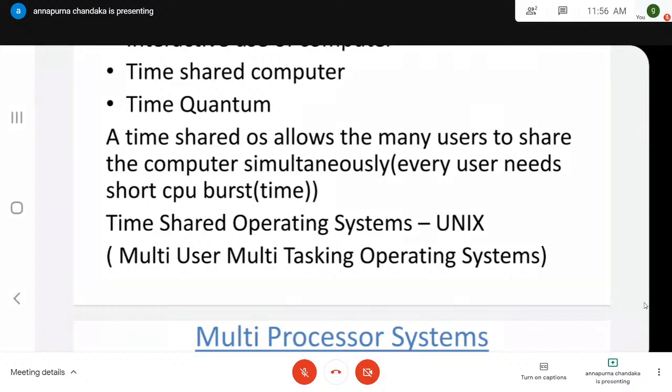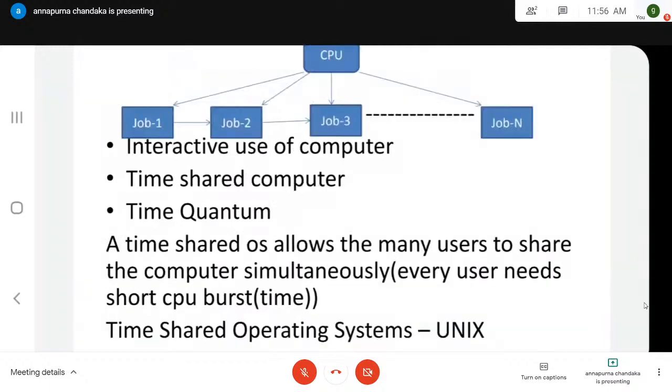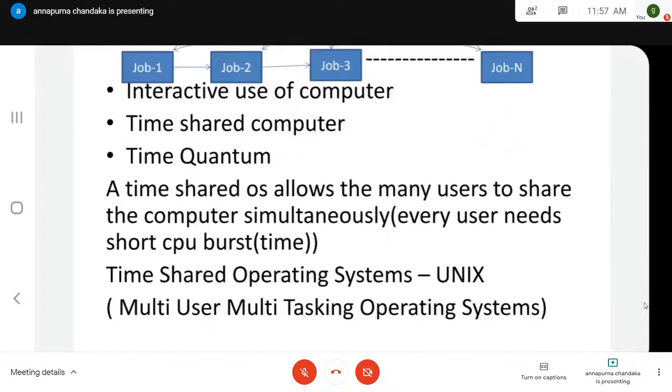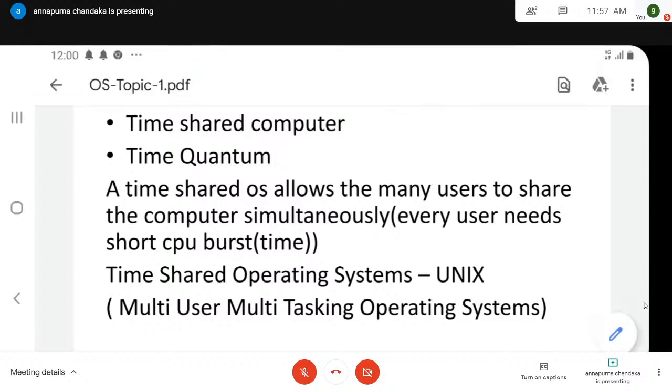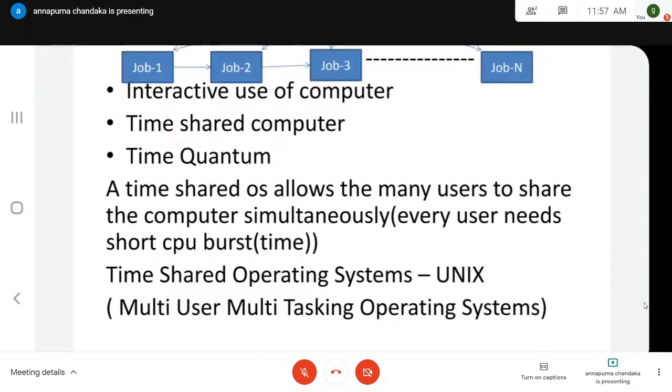All operating systems are mainly used for keeping the CPU busy at all times. So what is a CPU? A CPU is an extremely fast device. It has the capability of executing millions of instructions in a small fraction of a second, but due to input and output operations, the CPU sits idle most of the time. In order to overcome such idleness, the operating system was introduced. The main duty of an operating system is to keep the CPU busy at all times.